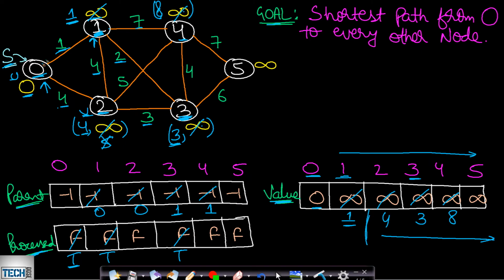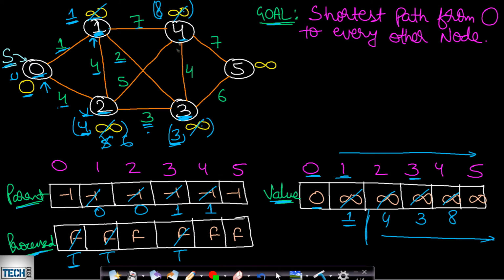So from the source, if you want to reach this 2 via 3, then the minimum cost will be 3 plus 3, which will be equal to 6. But the already found minimum cost is equal to 4. So minimum of 4 comma 6 is 4. So it will not get updated. So we won't do anything. Now from 3 there is an outgoing edge to 1. But 1 has already been processed, so we won't do anything.